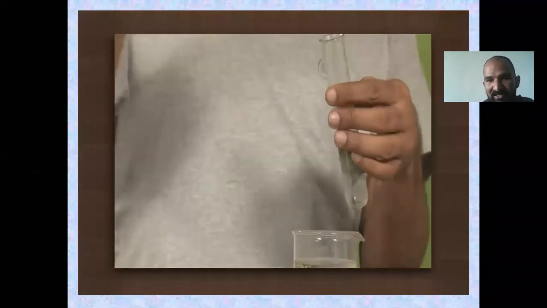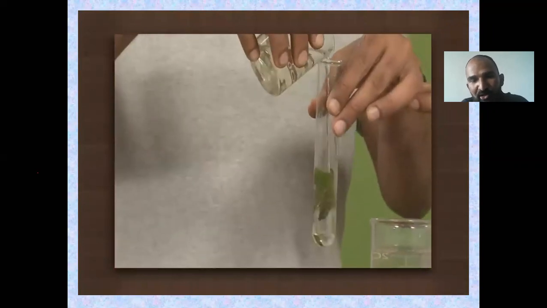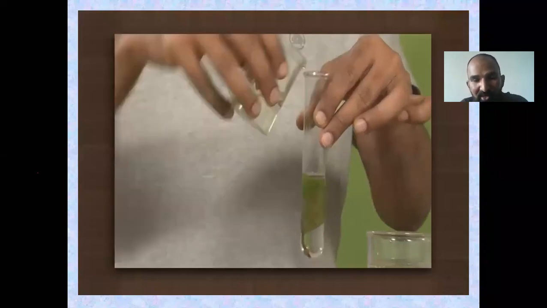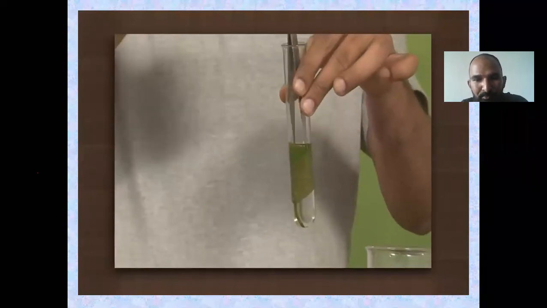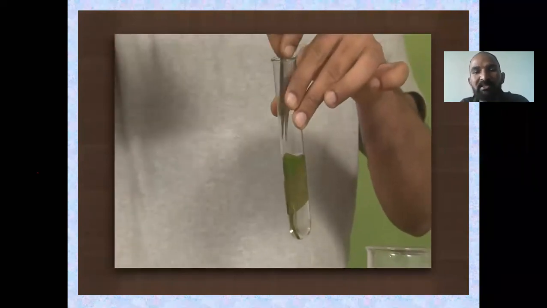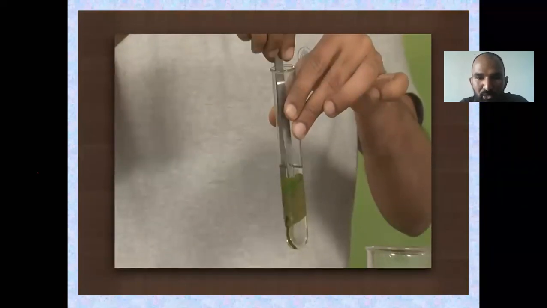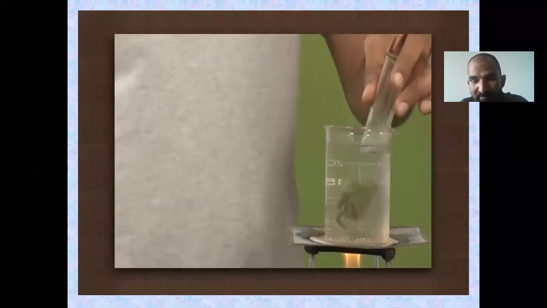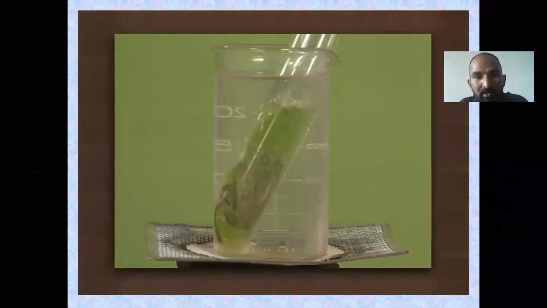So after that they take the leaf, and that leaf is taken into the test tube, the boiling tube. Okay, in the boiling tube, what chemical has he taken? So the chemical is methylated spirit. Okay, so you take methylated spirit in the boiling tube and put the leaf inside the methylated spirit. Everyone listen carefully. Take a boiling tube and fill it with methylated spirit. In that methylated spirit we take a leaf, and the boiling tube is placed into the water-containing beaker.